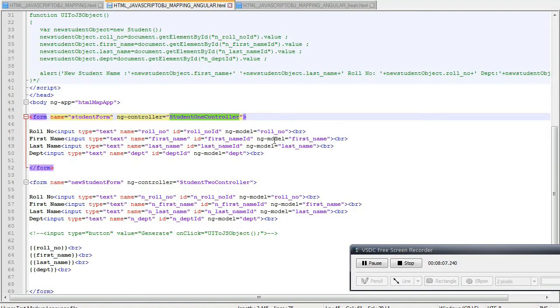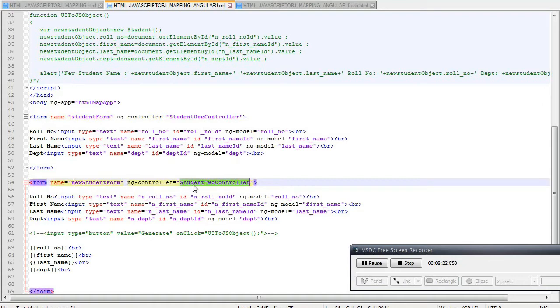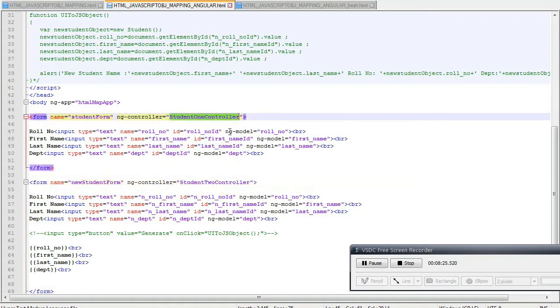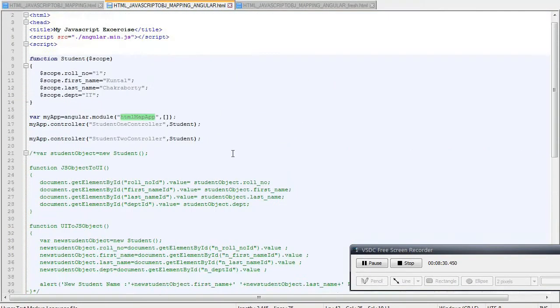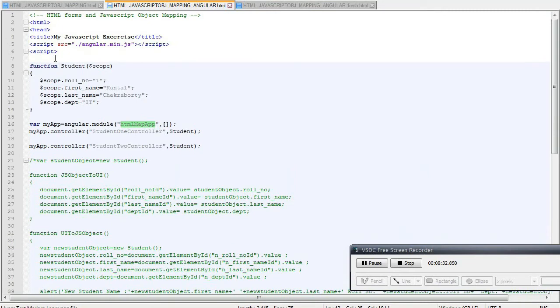So this ng-controller is used for transferring whatever is present inside this ng-controller scope, so that values can be transferred. Here we have another form, so there is another ng-controller. Now this ng-controller and the ng-app, how it is instantiated in the script in the HTML head section,